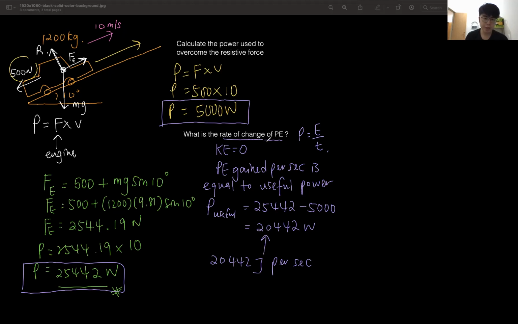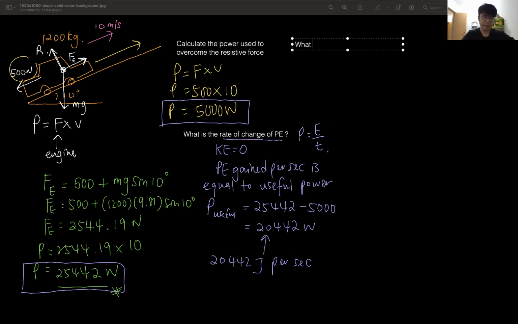Right? So the rate of change of potential energy is 20442. This is your answer. It's the same as the power. Okay, now here